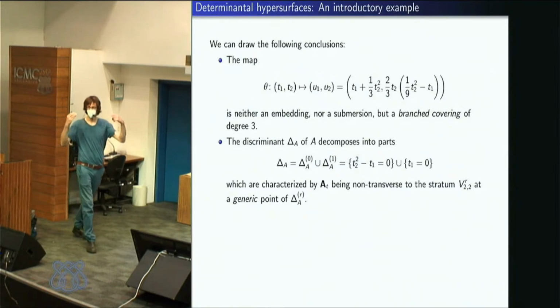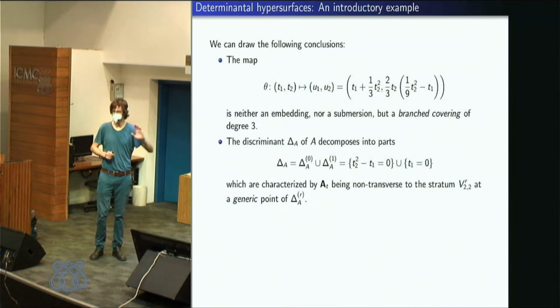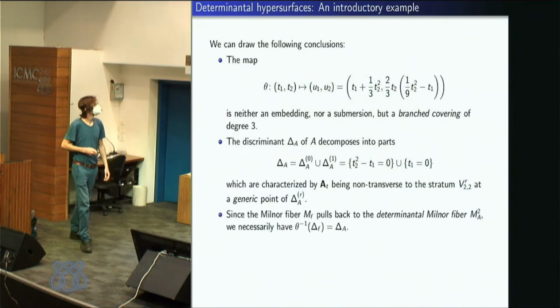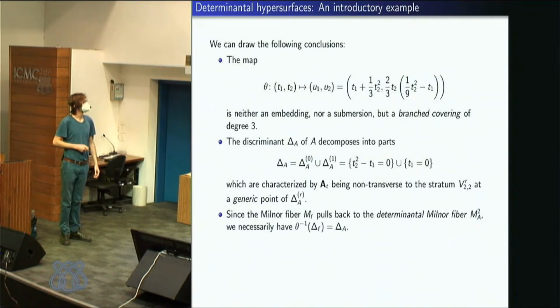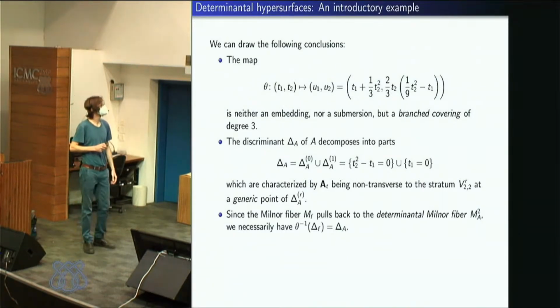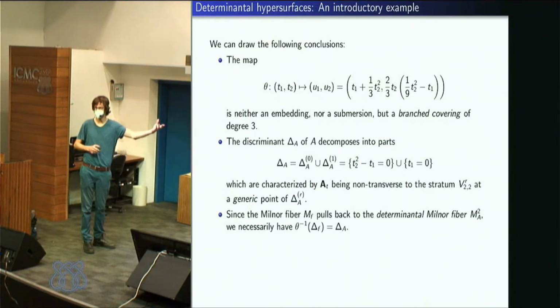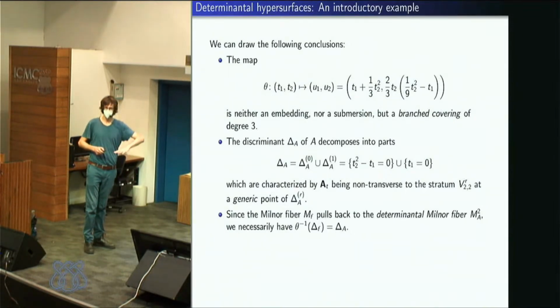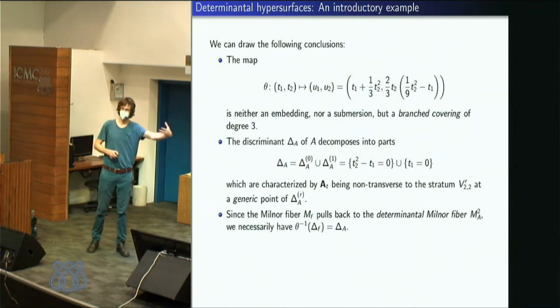And there it helps to go back to the pictures that I showed in the beginning and try to find what this means. So another remark is that since the Milnor fiber of the hypersurface, by construction, pulls back to the smoothing of the determinantal singularity, we know that the matrix discriminant has to be mapped to the discriminant of the